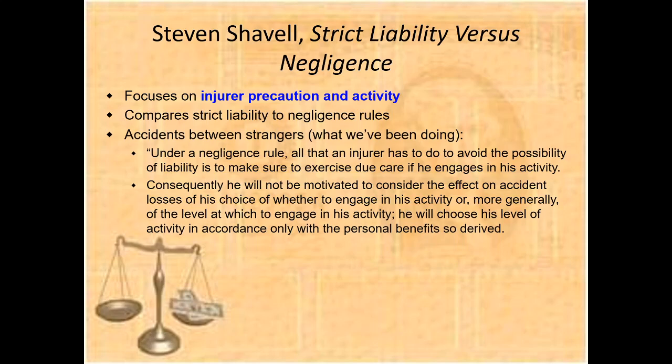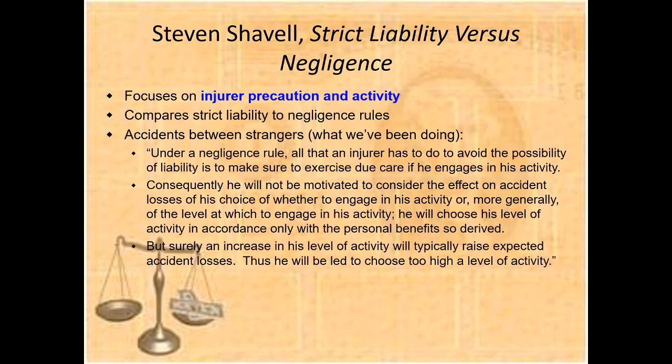Consequently, he will not be motivated to consider the effect on accident losses of his choice of whether to engage in his activity, or more generally of the level at which to engage in it. He will choose his level of activity in accordance only with the personal benefits so derived. But surely an increase in his level of activity will typically raise expected accident losses. Thus, he will be led to choose too high a level of activity,